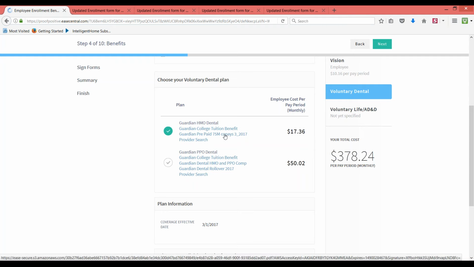So when we go over here and we're looking at the HMO, think of this like HMO medical. HMO medical is one of those things where you have to pick a primary care physician. Well, same thing with dental. You have to pick a primary care dentist and you will have to stick to that dentist for most of your care. Now, you're not stuck with them forever. You certainly can change that dentist by calling up Guardian and saying, hey, I don't like this facility, change me to the new one for the next month. They will do that gladly and even help you find a new dentist to go to.